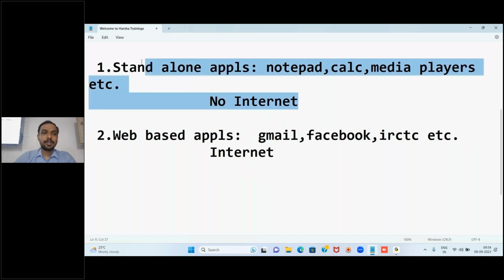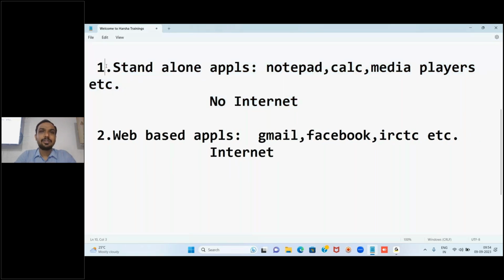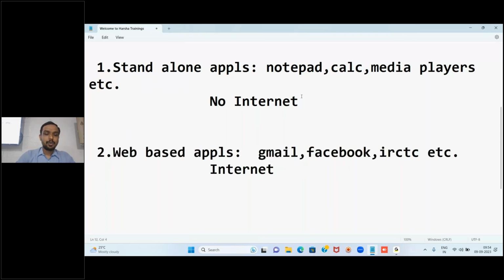As of now, I talked in terms of a normal user. Assume we are the users. From the user perspective, the first category we can use without internet, but for the second category, we need internet. Now, who will develop them? Definitely a software developer will be developing the software applications. These are the applications which run on the system, right? That's why we call them software applications. To develop them, a software developer has to work on that. When we talk about this first category of applications, the people who develop them are known as software developers.